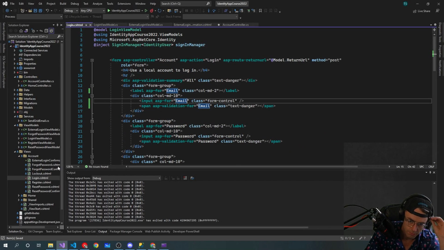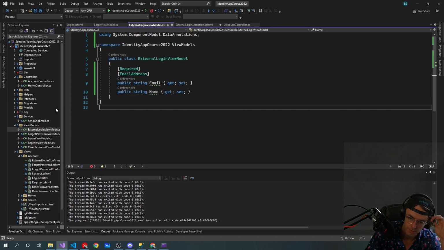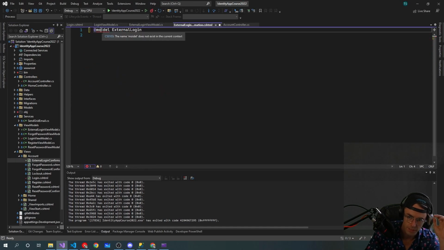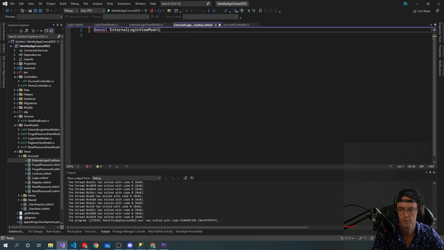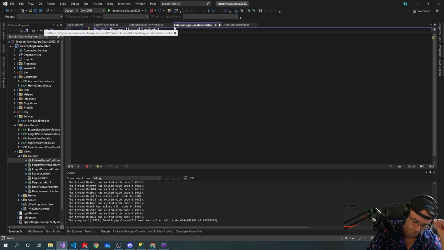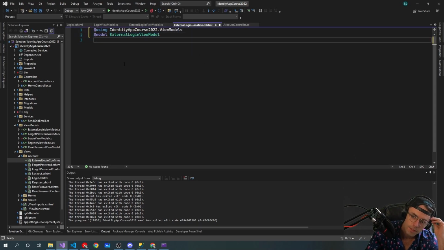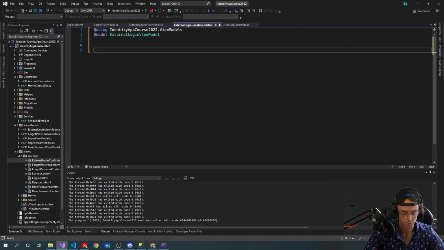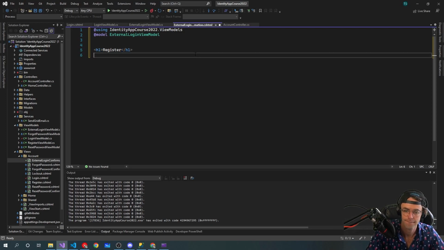Now we need to go back to our external login view model, or external login confirmation, and then we need to hook this up. External login view model. Okay, and now we'll just go in here and I'll show you guys. So we'll go here, register, and we'll have H3